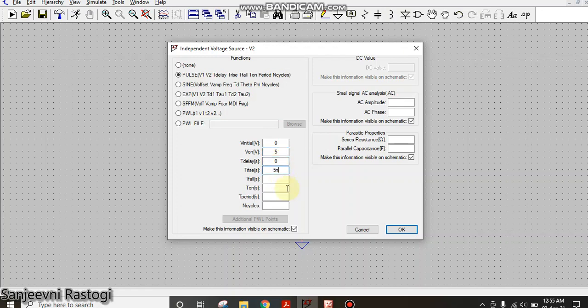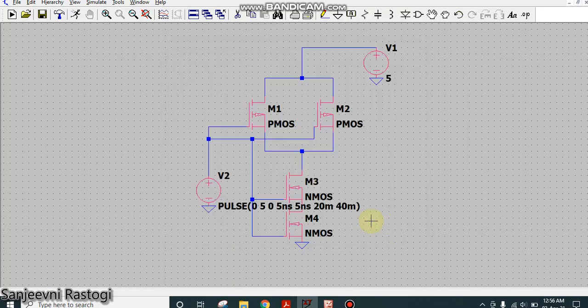Let rise time be 5 nanoseconds, fall time be 5 nanoseconds, T on be 20 milliseconds, and period be 40 milliseconds, double of T on. T on means the time for which the pulse will remain high, and the period means high and low, the complete cycle. Click on OK.